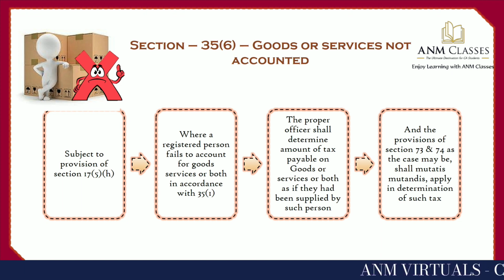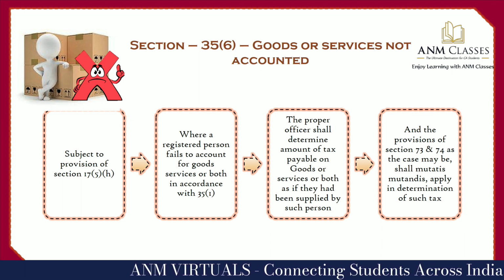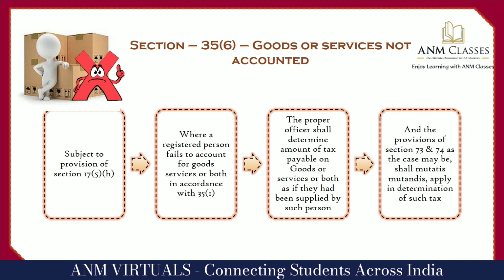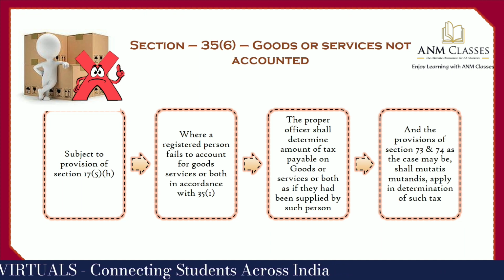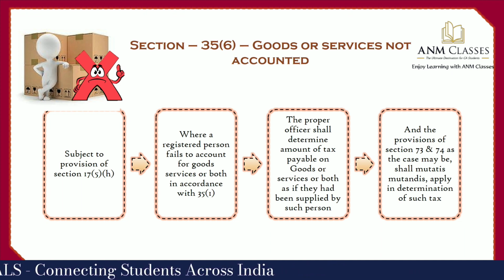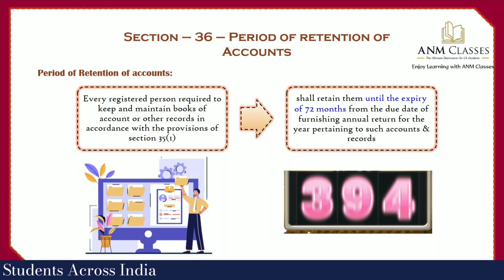But where a registered person fails to account for goods or services or both in accordance with the provisions, the proper officer shall determine the amount of tax payable on such goods or services or both as if they were being supplied by such person, and the provisions of section 73 or 74, as the case may be, shall mutatis mutandis apply in determination of such tax. That's it with regard to